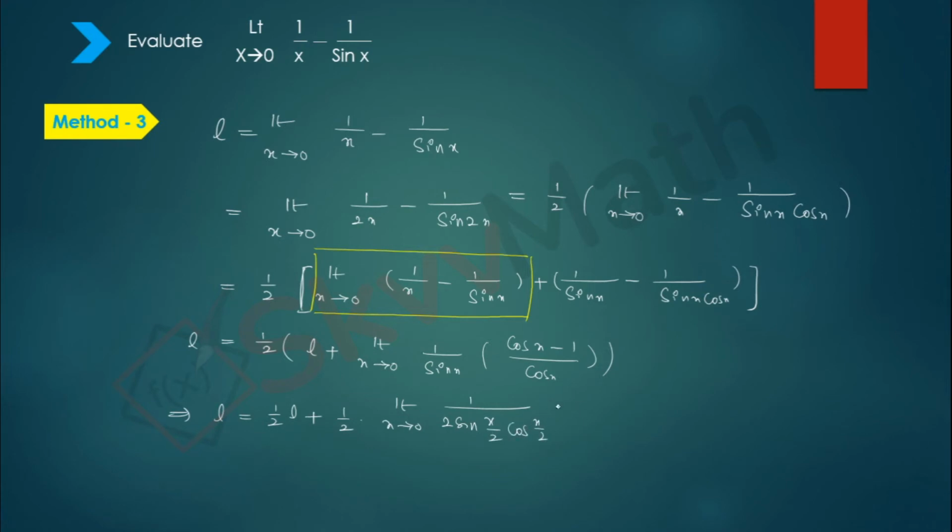First two methods are actually simple ones, so this is just a different approach I am telling you. Now if you take minus common, you get minus 2 sin square x by 2, since 1 minus cos theta is 2 sin square theta by 2, divided by cos x. Now 2 cancels, sin x by 2 cancels, and you will get tan x by 2 by cos x. If you substitute x tends to 0, you get tan 0 is 0, cos 0 is 1. So 0 by 1, this one is 0. Right? So at the end we got L equals half L, means 2L equals L, implies 2L minus L is 0. So therefore L equals 0. So the value of the limit is going to be 0. So this is a different approach.